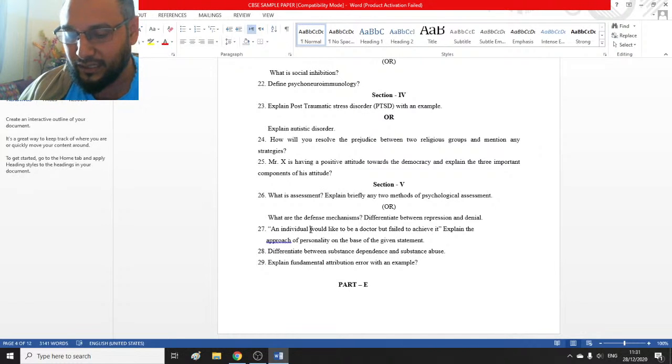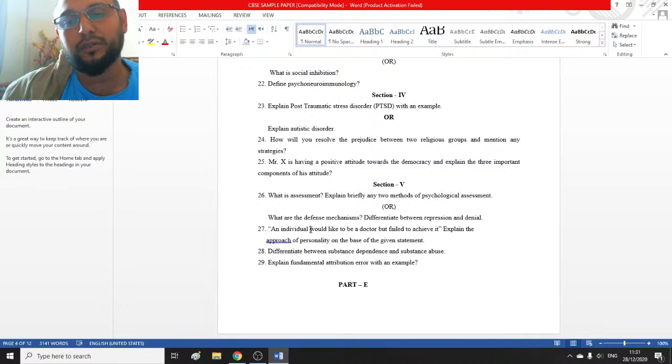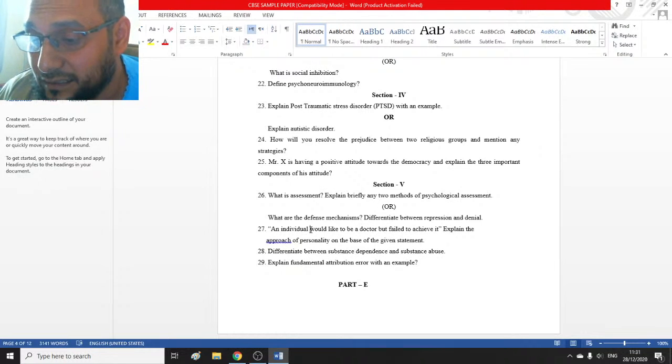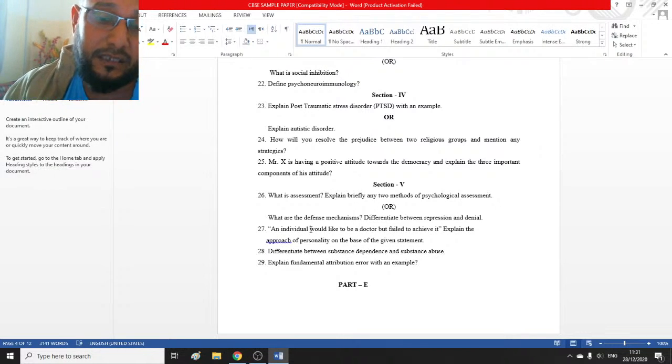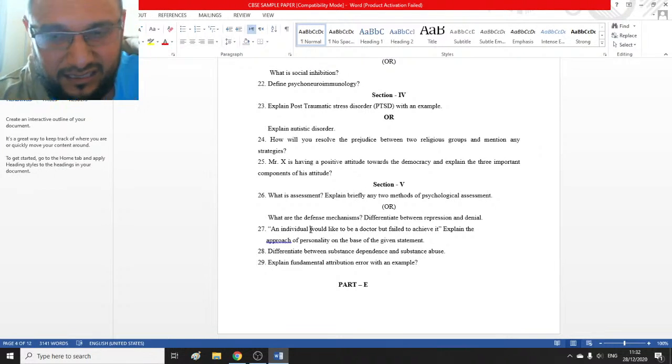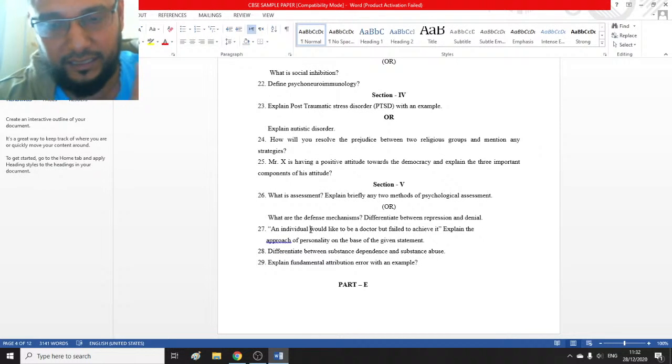Fundamental attribution error. For example, an employee is late to office and his boss is shouting at him and blaming that he's always coming late. Maybe he got stuck because of a traffic problem or something, but the manager is shouting at the employee that he's late. So, without considering the external factors, he is blaming or highlighting the personal factors. Chapter 6, this question is there, my children, in your syllabus. Attribution, again, if you get confused, some of the area is deleted, but those deleted concepts are there in the beginning of the chapter. Please look into this area.